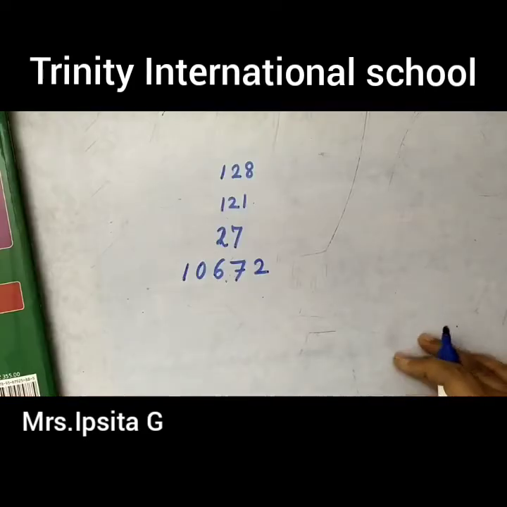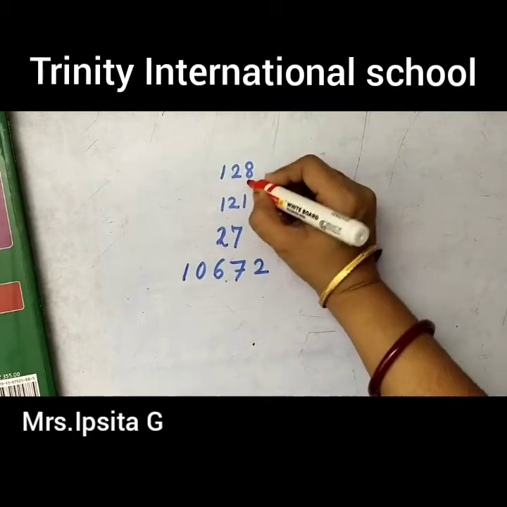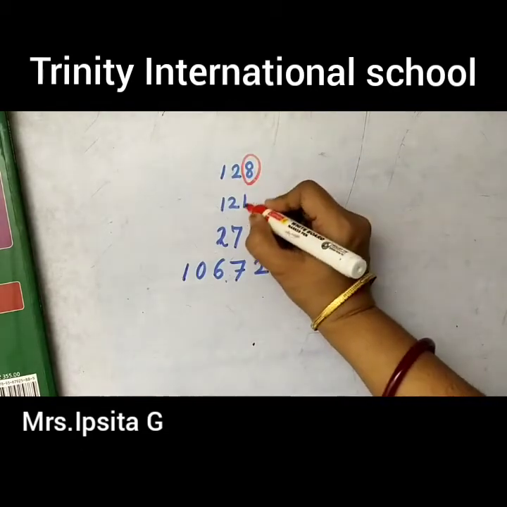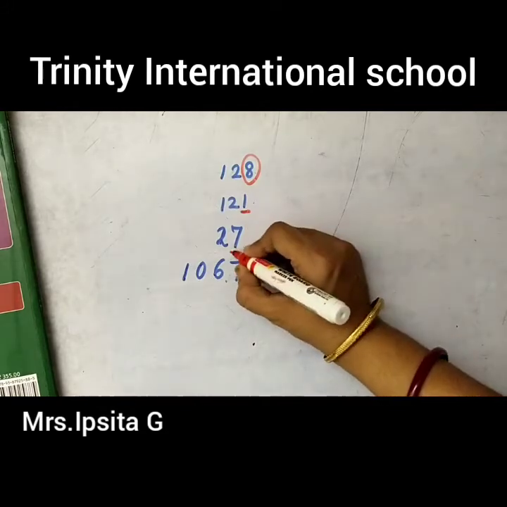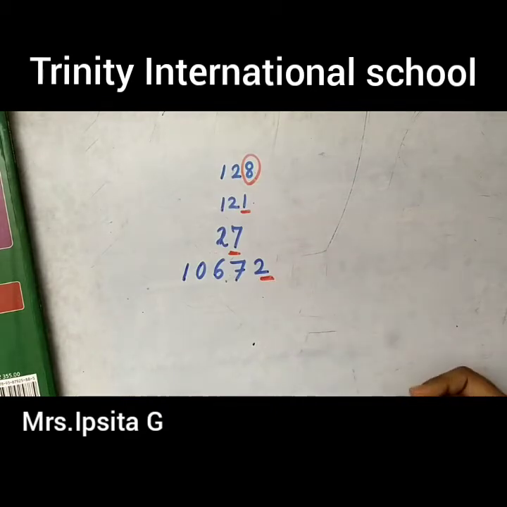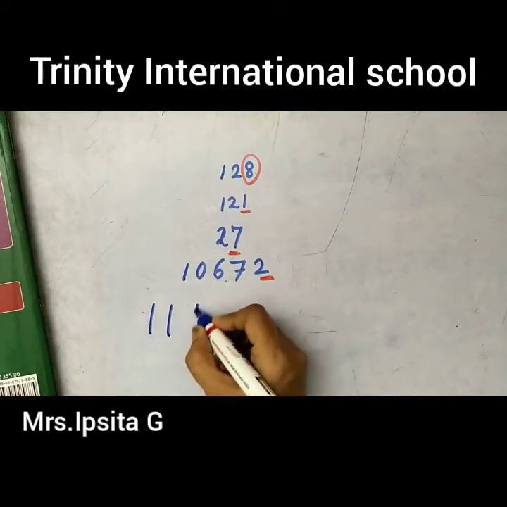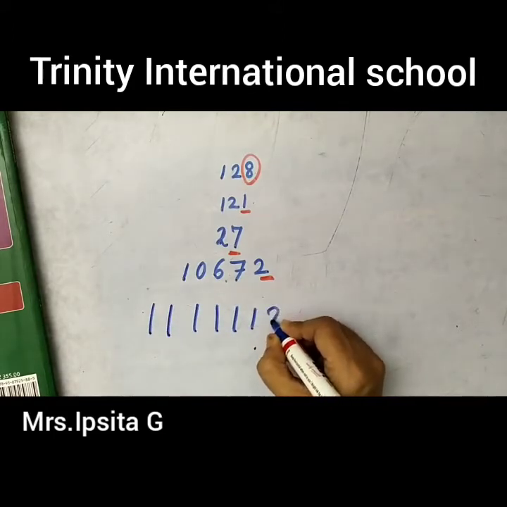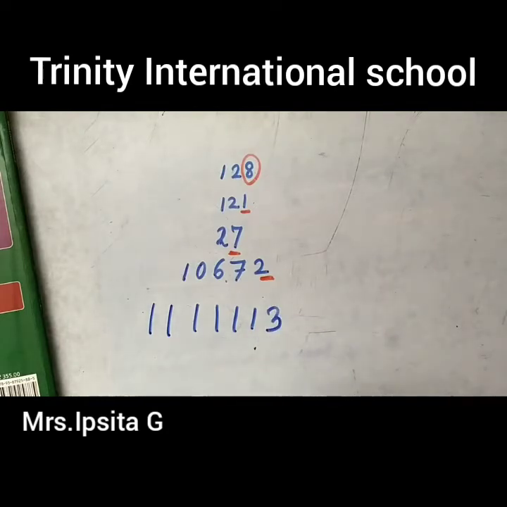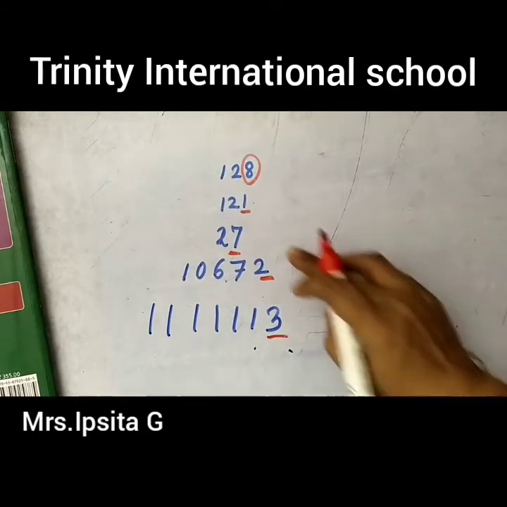Now students, just see, मैंने क्या किया है, मैंने देखिए आपके लिए 4 नंबर्स ले लिए हैं, ठीक है। तो ये जो 128 नंबर था ये तो आपने एग्जाम्पल में देखा ही था। तो इसमें आप देखिए वंस के प्लेस में यहाँ पर क्या नंबर है, 8 है। यहाँ पर वंस के प्लेस में कौन सा नंबर है, 1। यहाँ पे कौन सा नंबर है, 7। यहाँ पे कौन सा नंबर है, 2। Okay, so any number is there. यहाँ पे बड़ा सा नंबर है 10,672। If you want you can take so many, and here you take just 3। Okay, so देखो इतना बड़ा बड़ा नंबर हमने ले लिया है। Then also if you are taking big numbers, then also you have to just look at your ones place। तो वंस प्लेस के डिजिट को आपने देखना है।